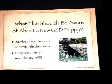And I can't stress this enough. Socialize, socialize, socialize that dog. Get it out everywhere you can. Take it for rides. Take it to the park. Take it to the grocery store. Take it to Home Depot. Take it everywhere you can. And don't just leave it in the car. Get it out with you. Get it around other people. Get it in other interesting